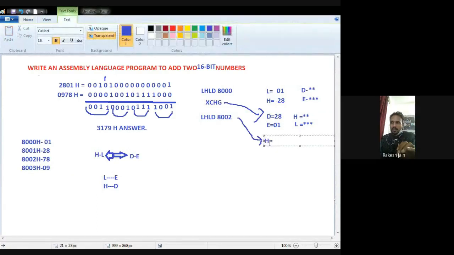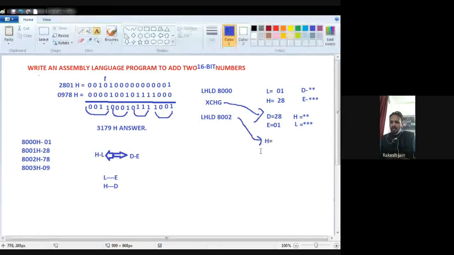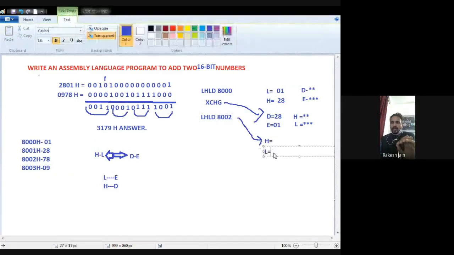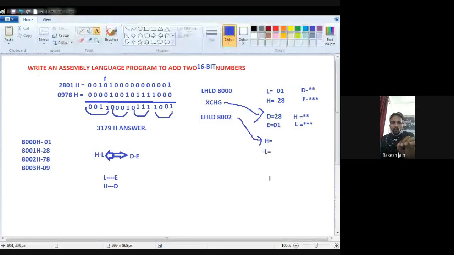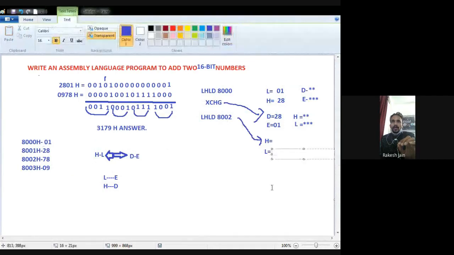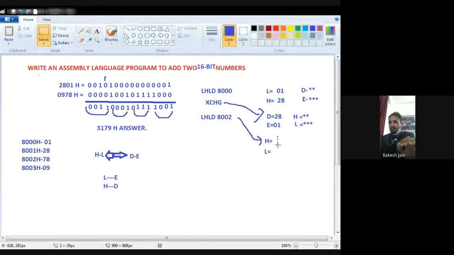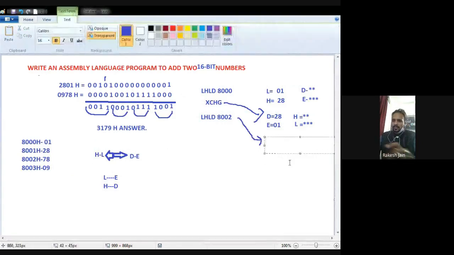Again the H and L will hold the data of 8002 and 8003, 2 consecutive memory locations. First the data of L will be loaded. So L will be loaded by 8002. What is 8002? 8002 is 78.